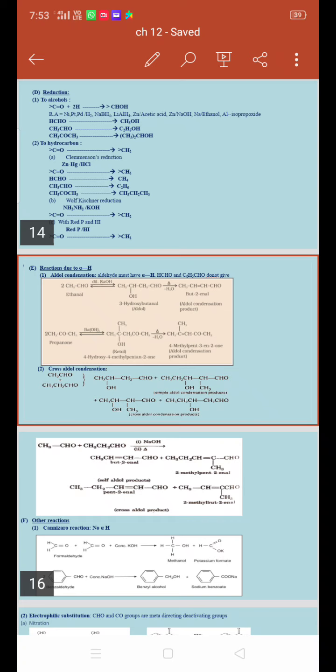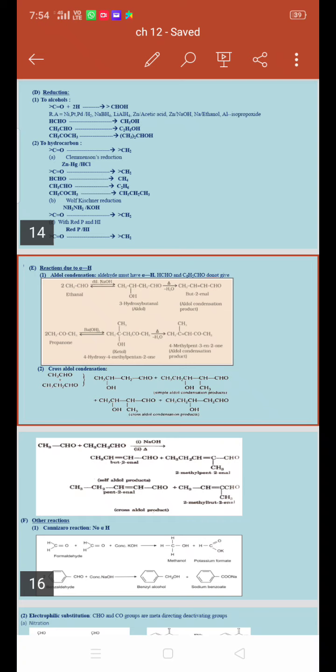The second carbon atom is numbered 2, the next is numbered 3. In the third position there is a hydroxy group, so I write 3-hydroxy. Now let me count the carbon atoms: 1, 2, 3, 4. Four carbon atoms: methane, ethane, propane, butane. It is an aldehyde group, so I add the suffix, butanal. So the structure is called 3-hydroxybutanal, which is nothing but an aldol.